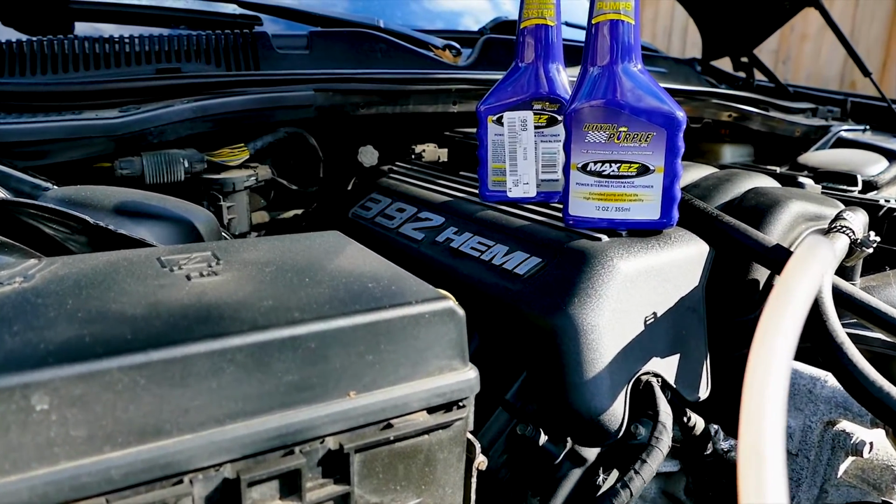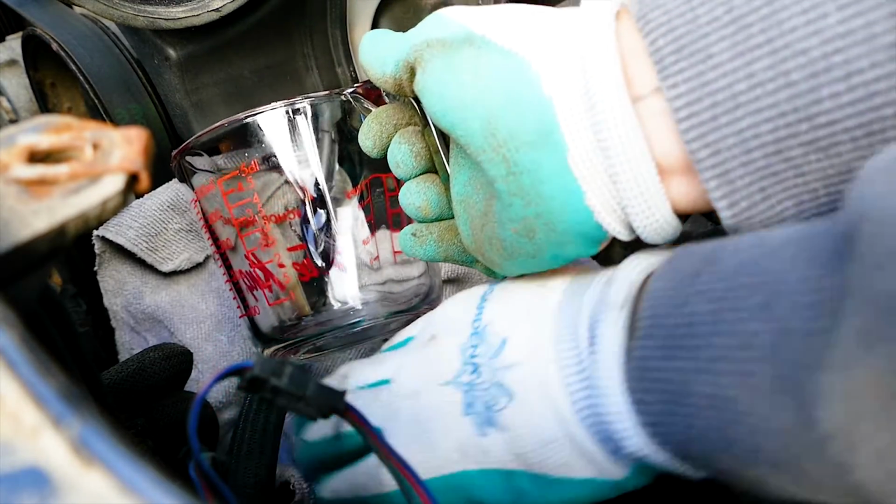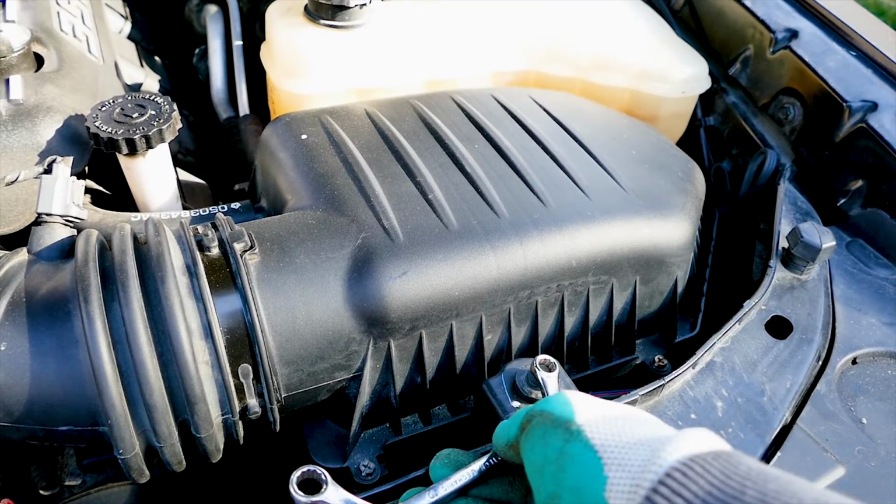Today on this episode, we'll be changing the power steering fluid on my Dodge Challenger. So let's head straight into how to do this. Tools of the trade for this process are a flathead screwdriver and an 8mm wrench for the air intake box,